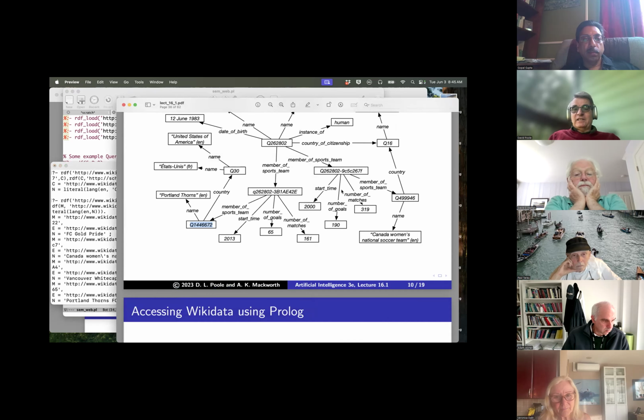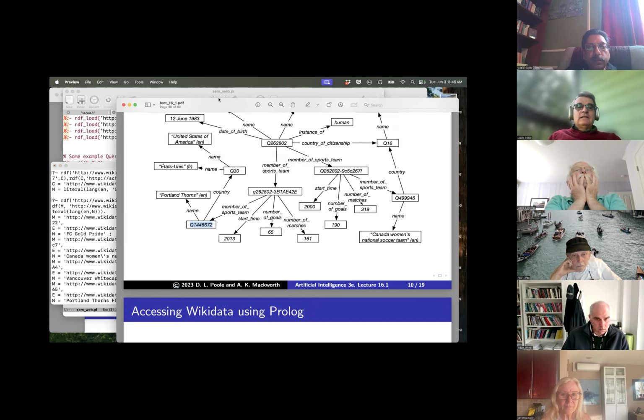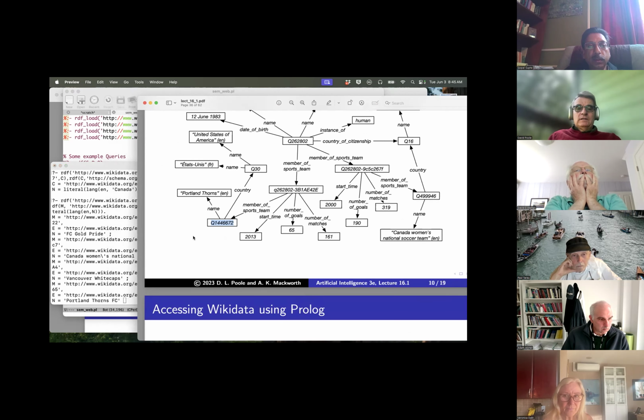Okay, so I can do this. I can go through in Prolog and ask everything about Wikidata. Students like this because you can actually find out real things.